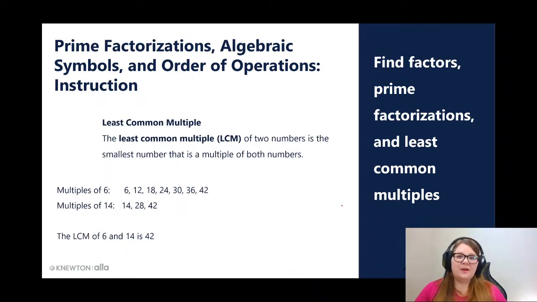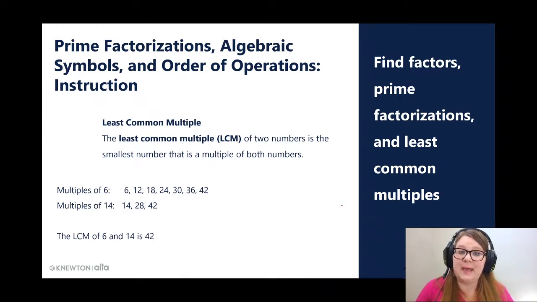Now, the other thing that we want to talk about is the least common multiple, because a least common multiple is a multiple that is shared by two numbers. So it's a multiple of, in this case, our example would be of 6 and 14. And there's actually an infinite number of shared multiples because you can go up to really huge numbers. All right. But we want to often find the smallest shared multiple, which is why we call it the least